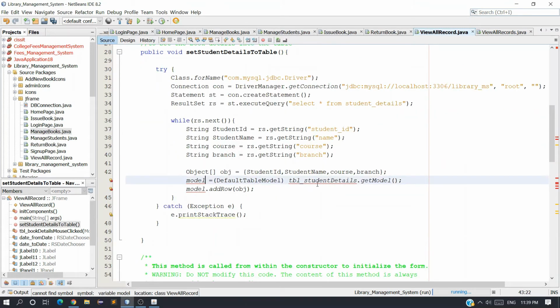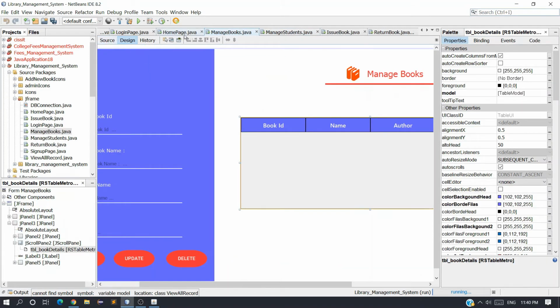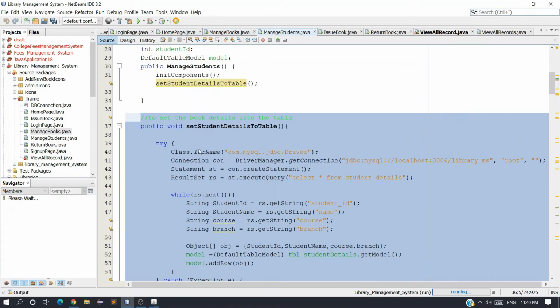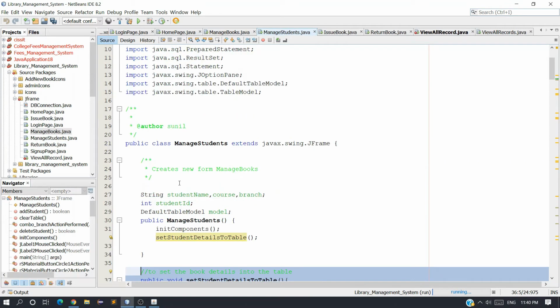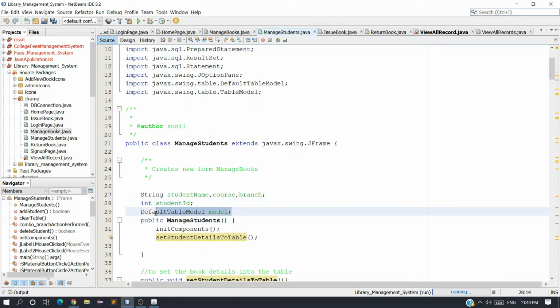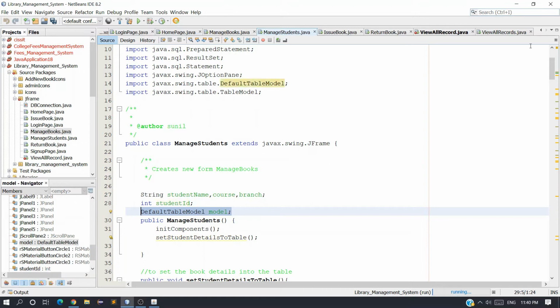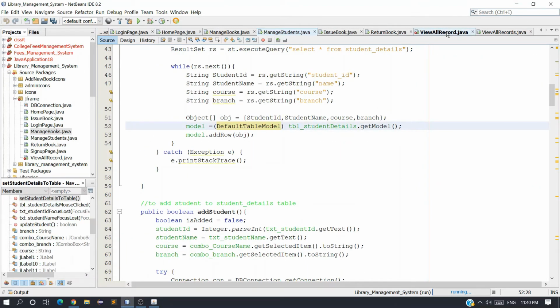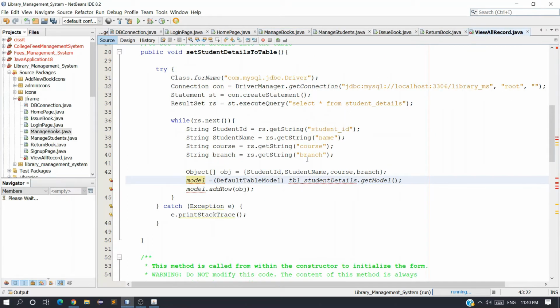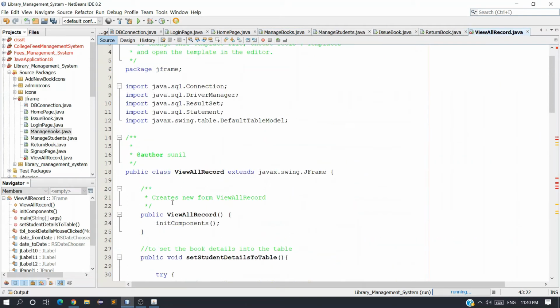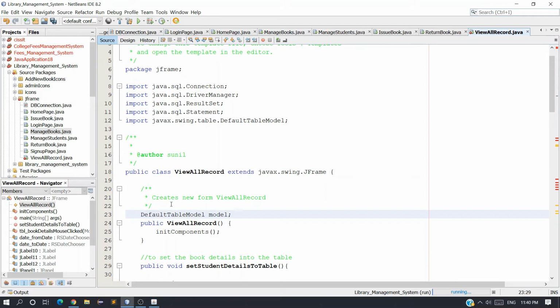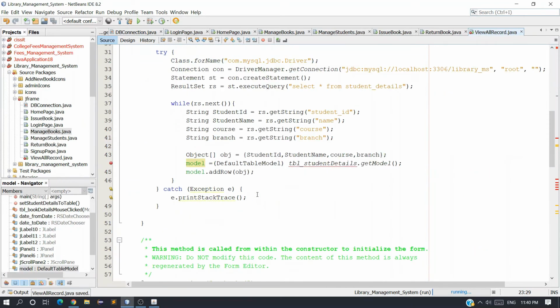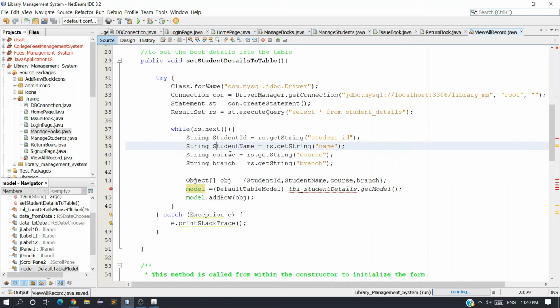Now we need to create a table model. You can see in the manage book, let me show you, or in the manage student, from where we have copied the code. We also need to create this line, default table model, because we are using it here, model, default model. Okay, let me just close this one, and here above the constructor just paste it, and everything is good.